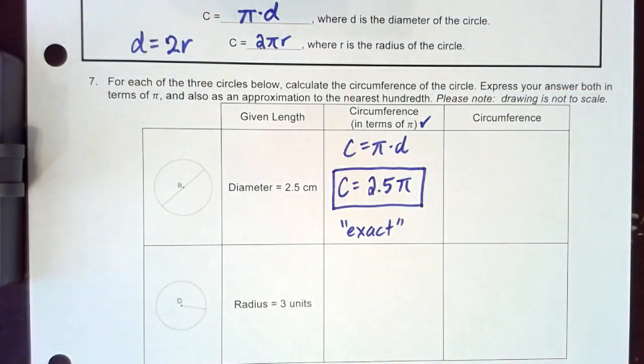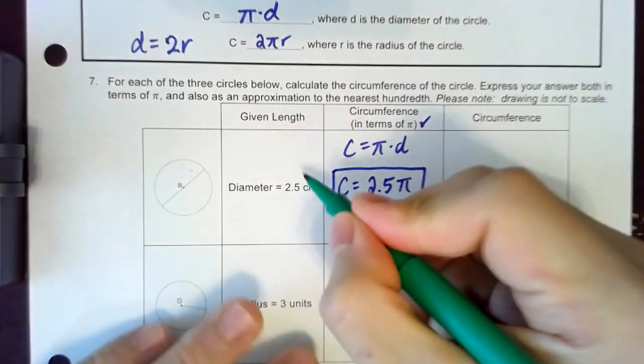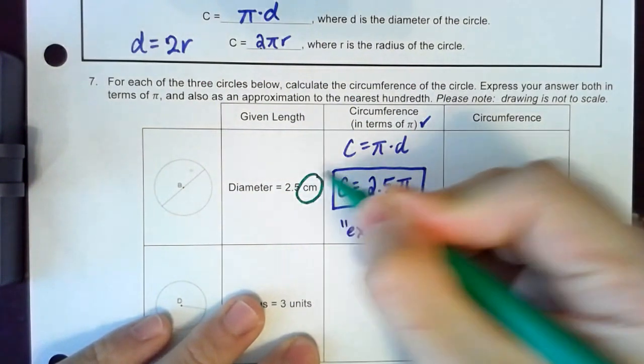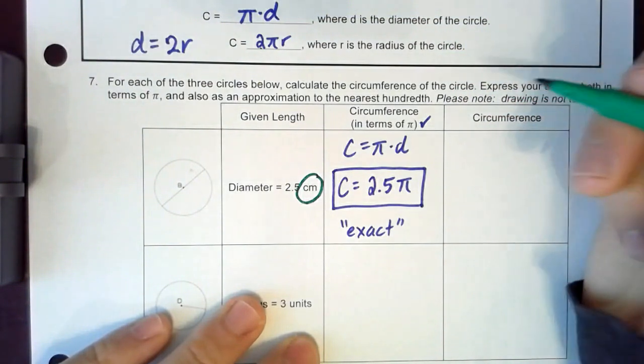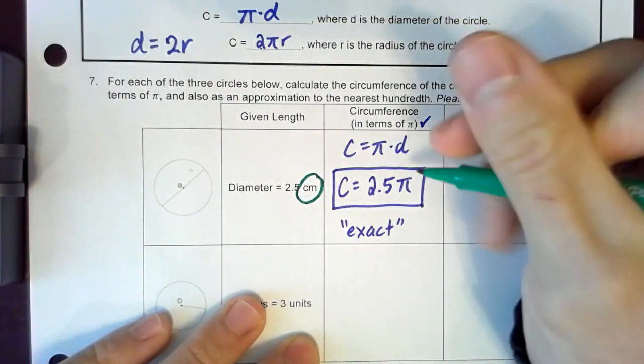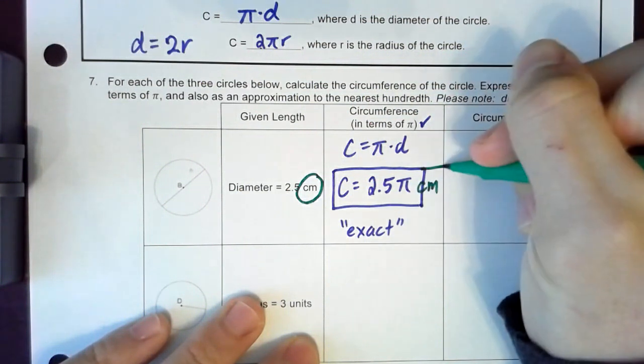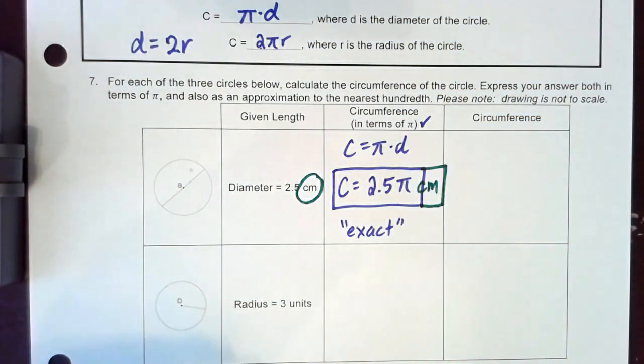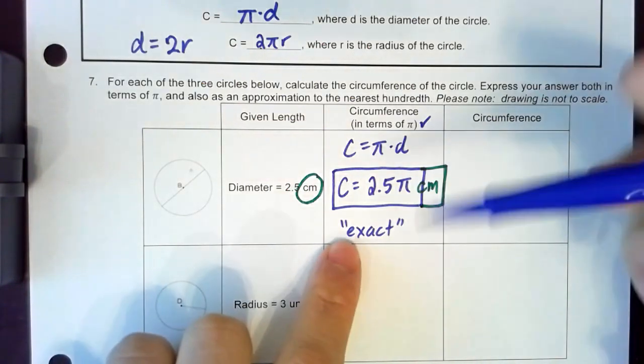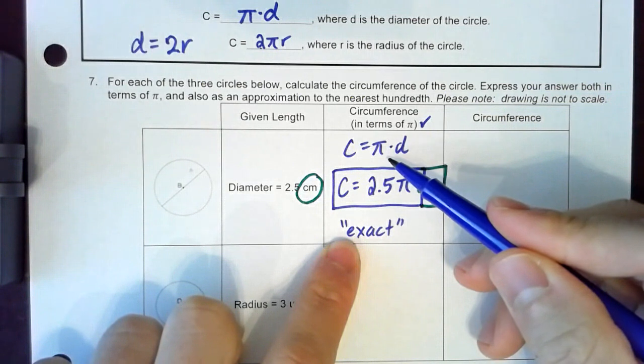Now, one thing that I forgot to do that I realized immediately is you always have to label, right? So just like we're talking about feet, we're talking about meters. In this case, we're talking about centimeters. So you always want to label what unit we're using. Okay, so pi form is considered the exact form,